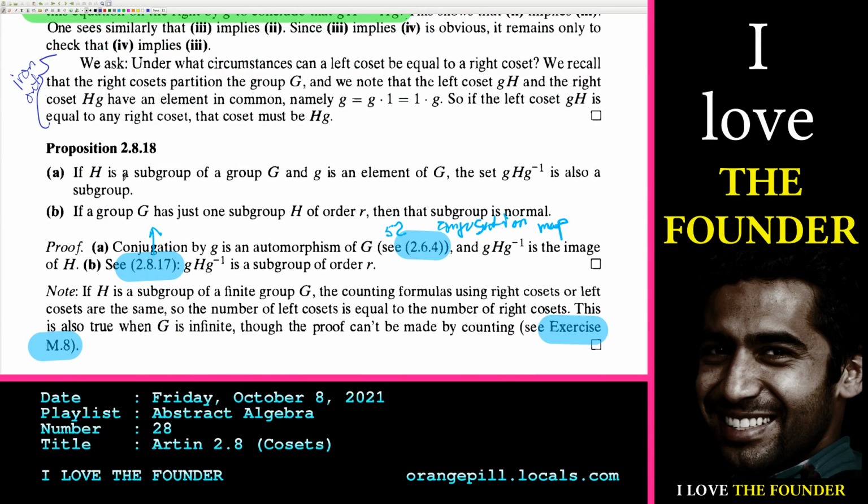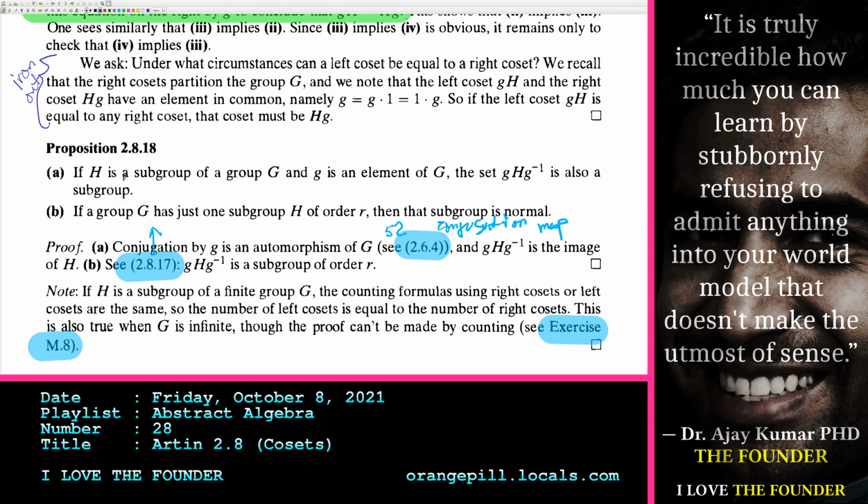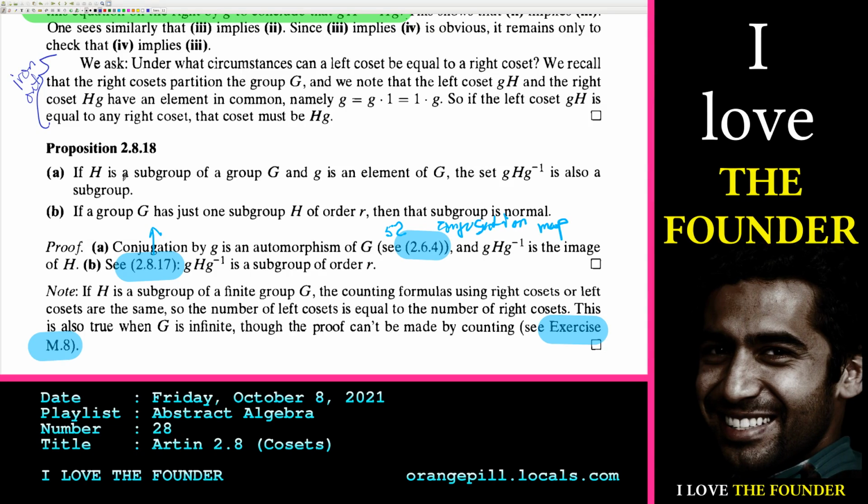Conjugation by g. Okay. H is a subgroup of G, and g is an element of G. Then gHg inverse is also a subgroup. So it's an automorphism because it's a homomorphism, and it's invertible. Okay, sure. So homomorphisms map groups to groups. So it's going to map H to some other group, some other subgroup of G. This conjugation will map, because it maps groups to groups, it will map